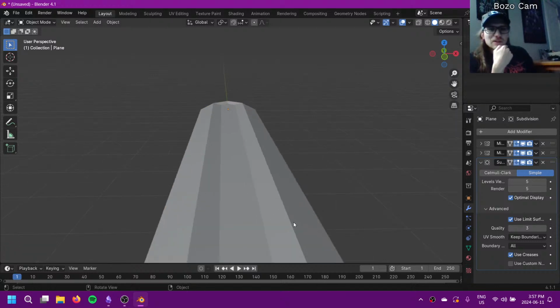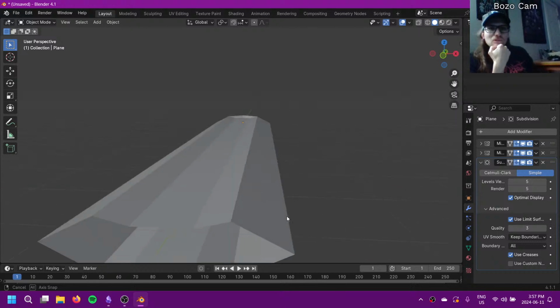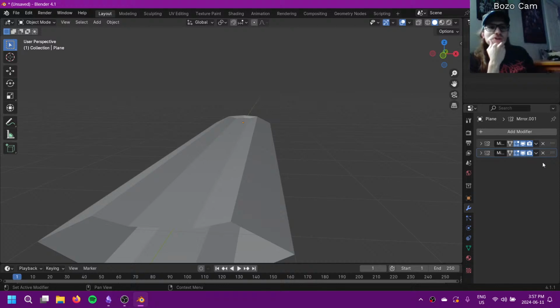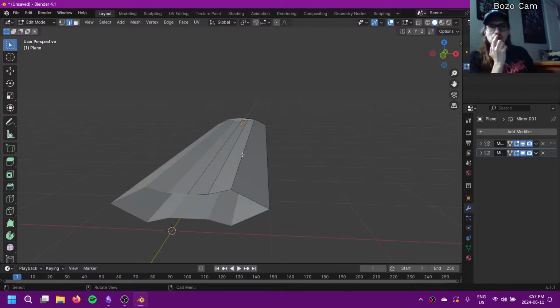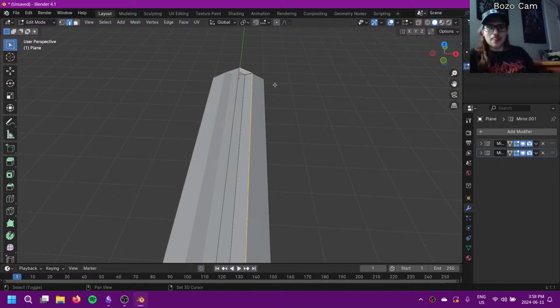It's not really. Maybe that's not what we want. Maybe we want it just to be subtle. Select this, and we can select this, and then we could maybe do